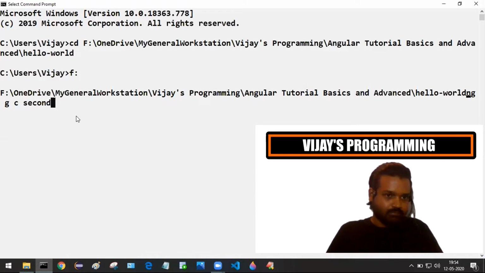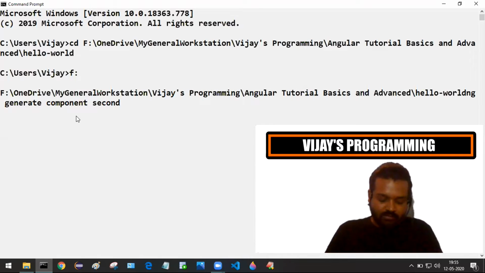Please don't be confused by the overlapping of content here. Our command starts from this ng. ng space g space c space second. Yesterday itself we learned that we can also give the full name, that is generate component second. Along with this, I'm using some other options too.